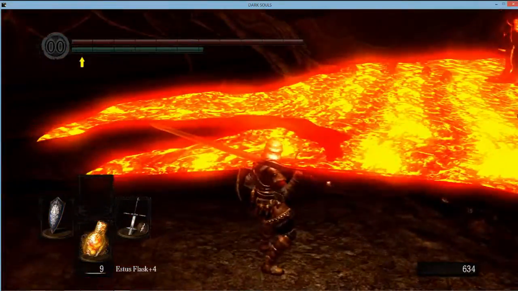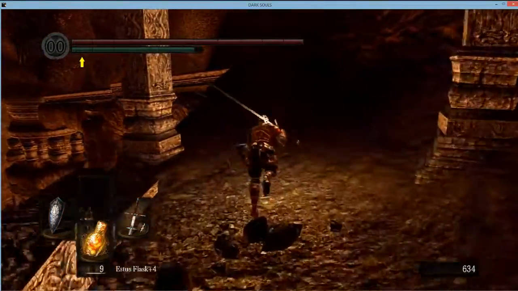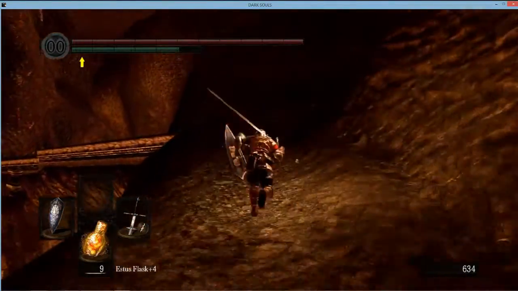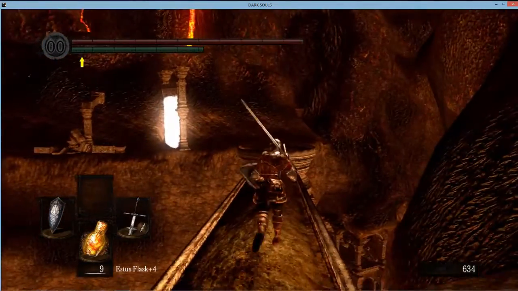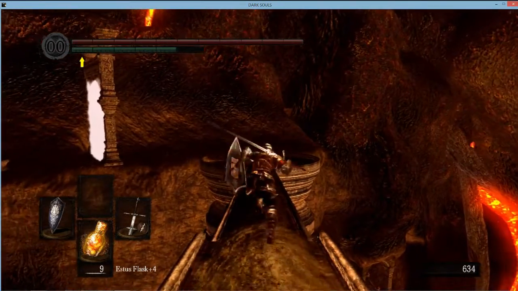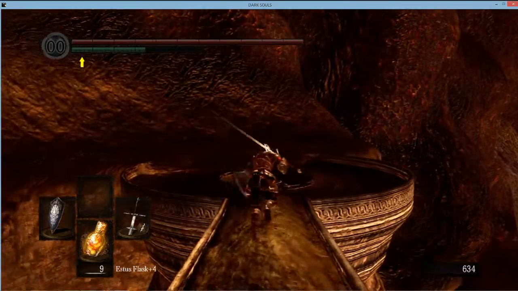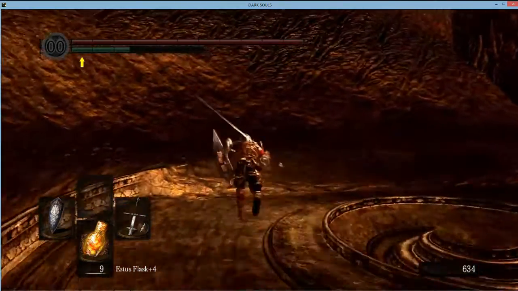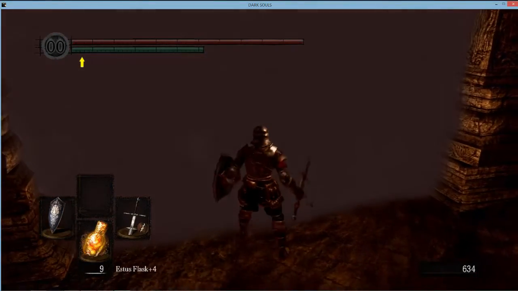So, we can't go down this way yet because of all that lava that's incredibly bright. I need a texture mod or something to make it less bright. I don't even know if I can get mods anymore. I hear that the mod support for Dark Souls 1 had been pretty much destroyed because of the remaster coming out, which is stupid. Anyway,